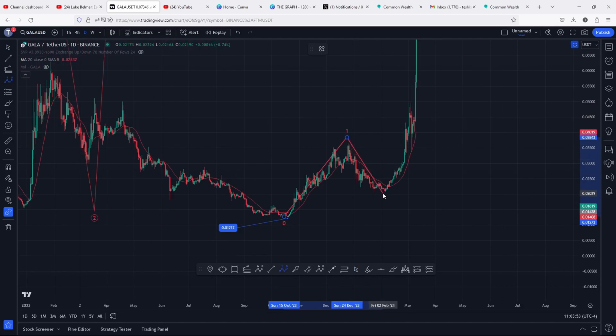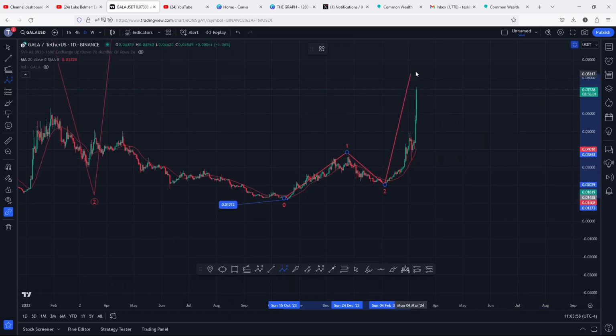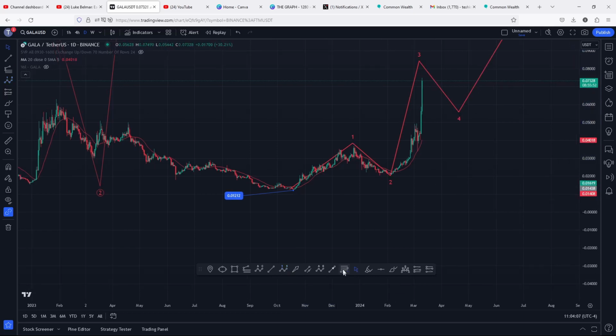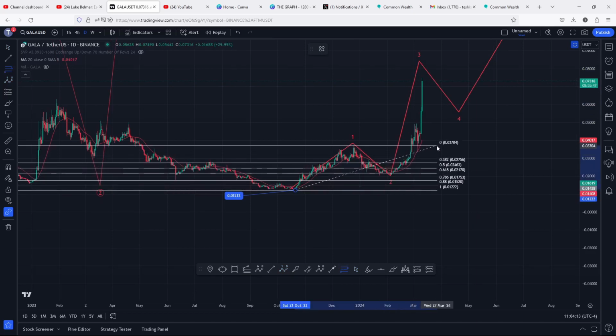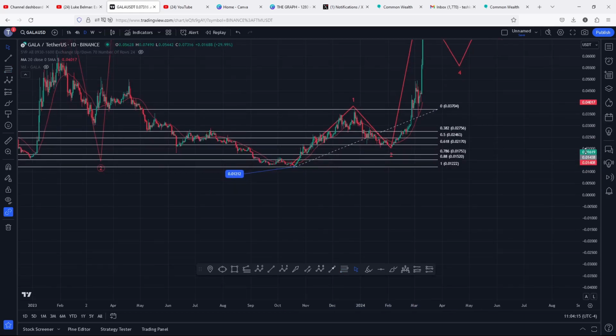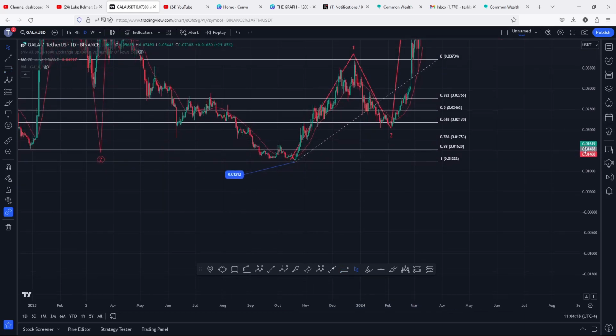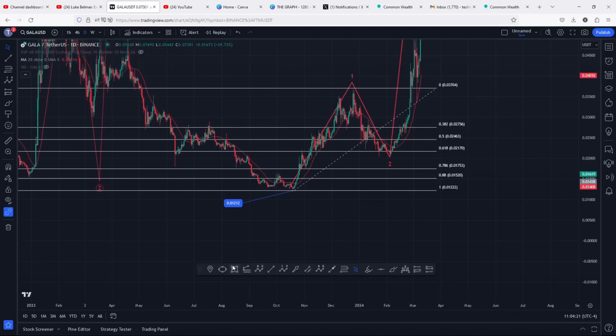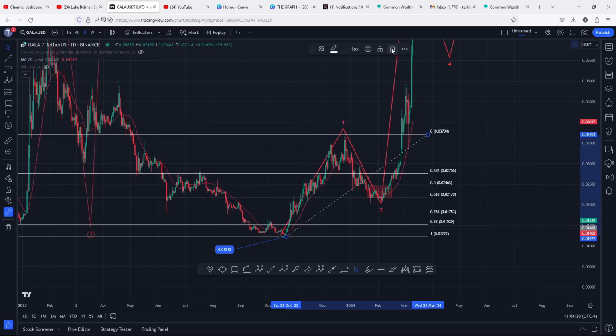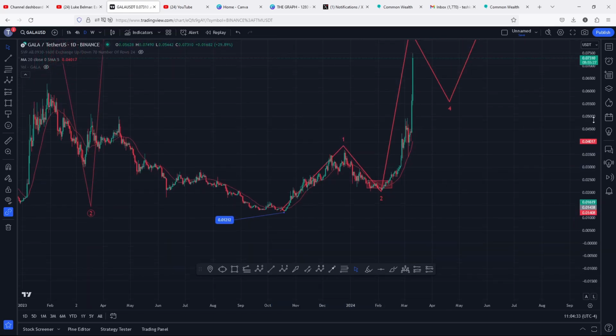Then we saw a bit of a pullback in the formation of this wave 2, and whatever we are seeing at the moment is the start of another aggressive move in the formation of this wave 3. Then we can expect a wave 4 and then a wave 5 to the upper side. And using the Fibonacci's, connecting the fibs from the low of the first wave to the high of that wave 1, you can easily see that the second wave down here did the minimum that we expect a second wave to do by giving us a pullback into the golden pocket between the fib level 0.5 and the fib level 0.618, fully maximizing that target area before we saw our aggressive bounce to the upside in the formation of this wave 3,